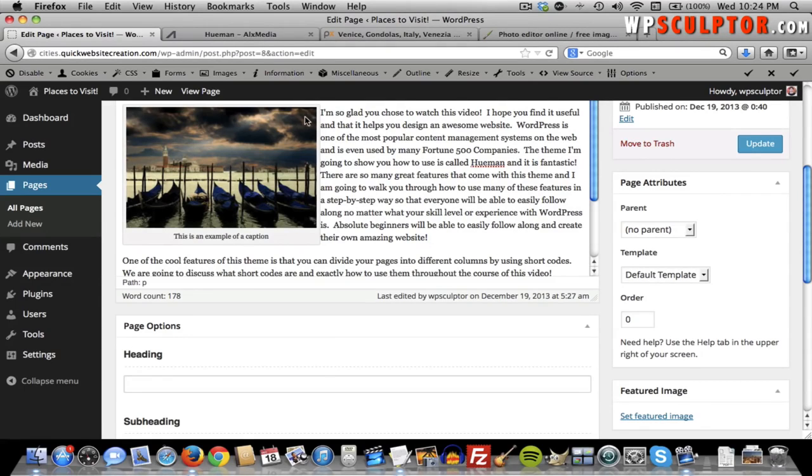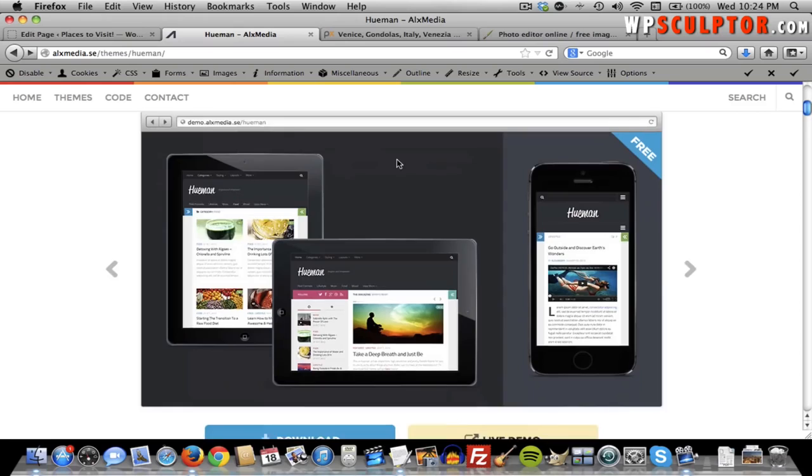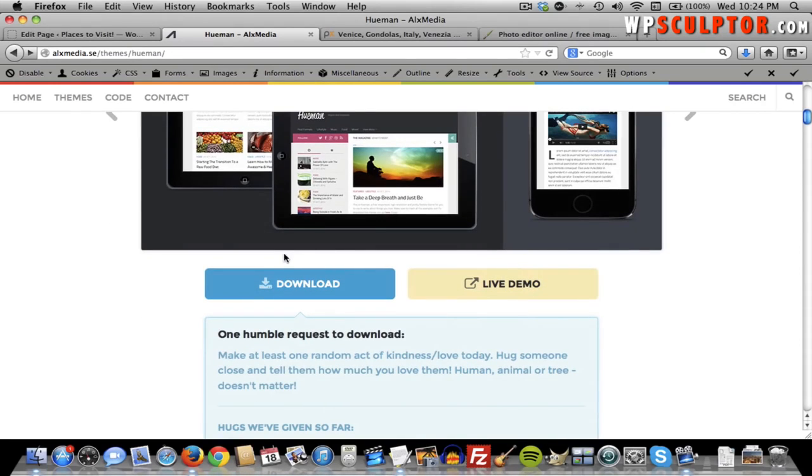And a shortcode is a great feature of WordPress. Many different plugins and many different themes will have certain shortcodes that you can use. And to see a list of all the column shortcodes that we can use for the human theme, we're going to go to the human themes website, and we're going to scroll down, and the same page where we downloaded it, except this time we're going to look at the live demo. Click on that,